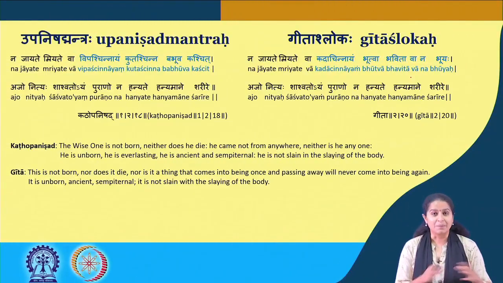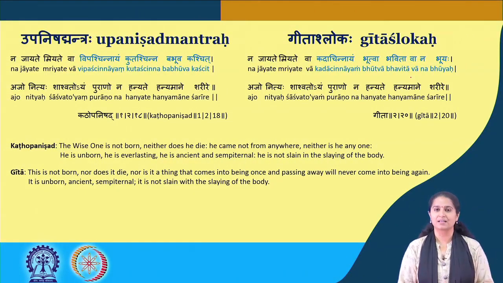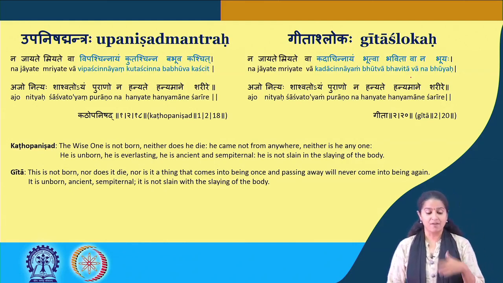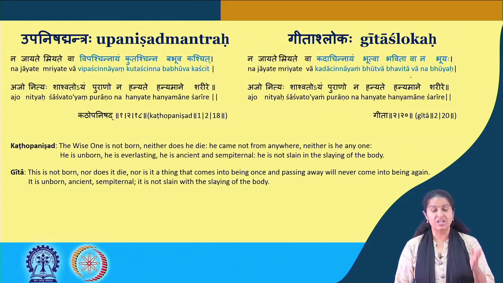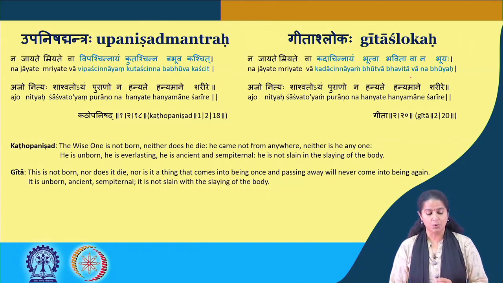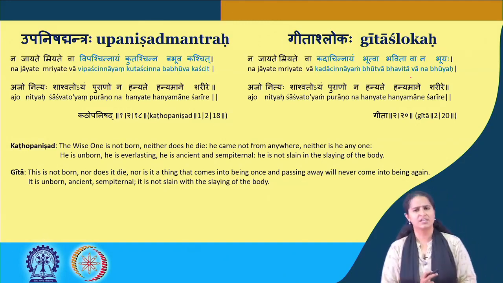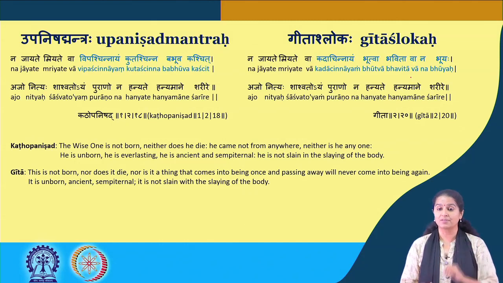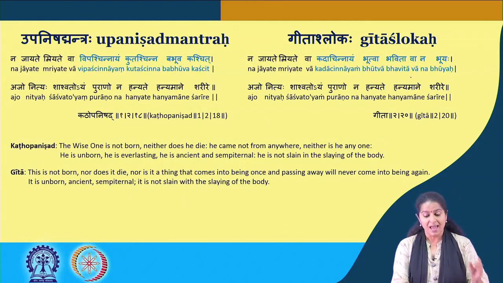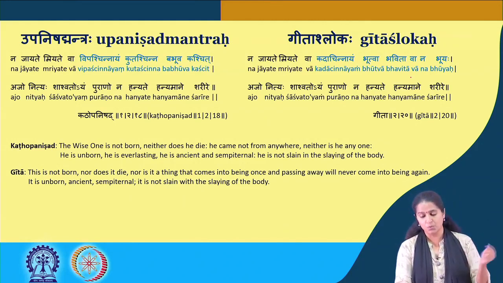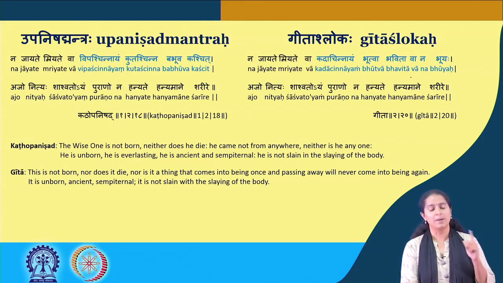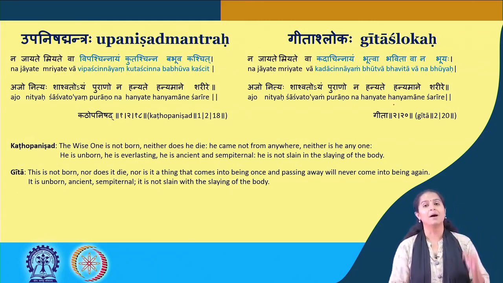Now, these are two mantras and a shloka that reflect a little bit of what we have studied. So it says, Na jayate, we just did that. Na jayate, jan root. Na jayate, mriyate va vipaschin. Nayam kutaschin, na babhuva kaschit. Ajo nitya shashvatoyam purano. Nahanyate hanyamane sharire. Very famous verse, and where do we find this verse? Usually in the Gita, and it is in this form. Najayate mriyate va kadachin nayam bhutva bhavita va na bhuyah ajo nitya shashvatoyam purano nahanyate hanyamane sharire.